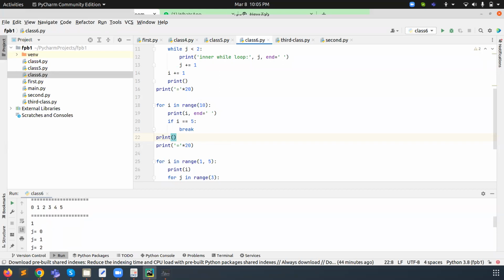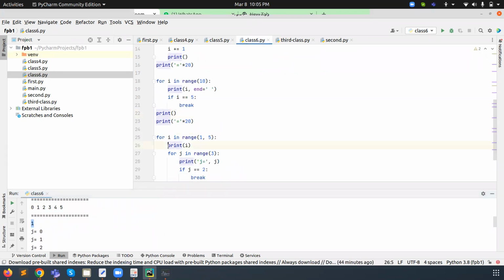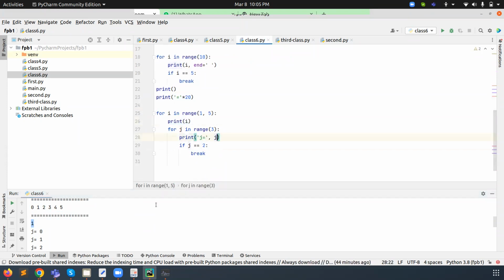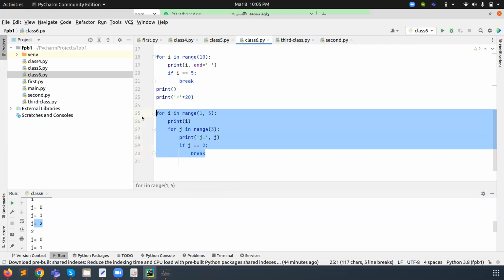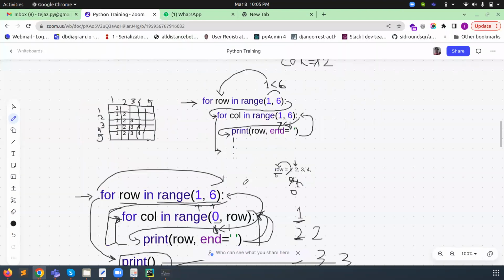First of all, because I have given this one, automatically it's coming here. Then this one is printing with the help of this i loop. After that it's coming here, j equal to 0. So what is happening is j0, j1, j2. When the value of j reaches 2, it will automatically terminate, and again the control comes back to the outer loop, this one, the outer loop. So